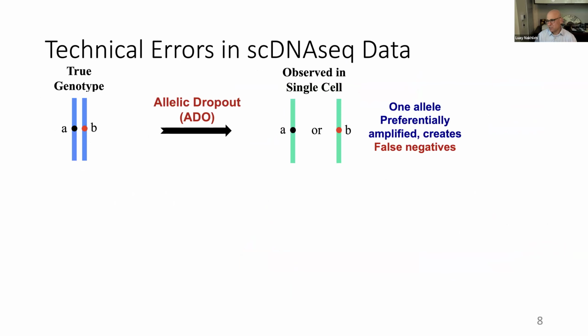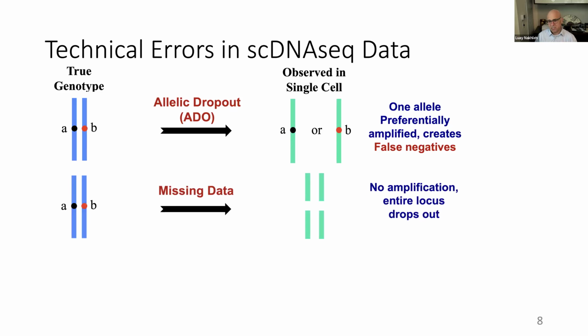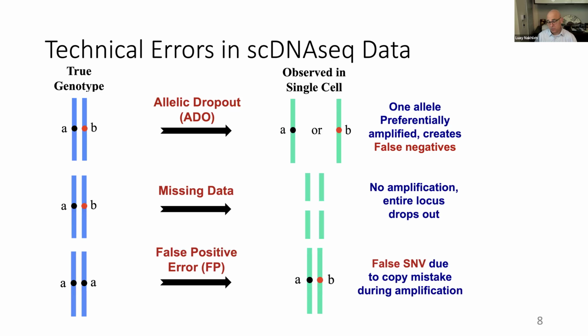So this is called a false negative, in the sense that we miss the mutation that is there. We read only one of the haplotypes. There's missing data. It happens as well a lot, where a certain mutation is missing completely from the data. And there are false positives, where the true genotype is homozygous, and we end up reading a mutation. These are all technical errors in the data. These are not errors of the inference method, but in the data itself, we get reads with the wrong